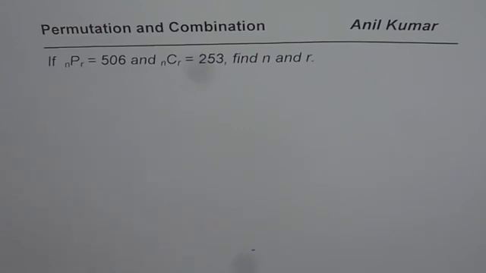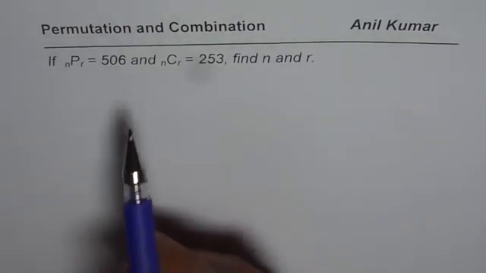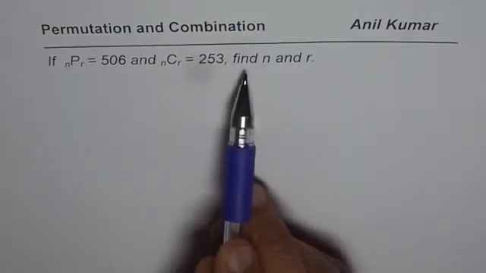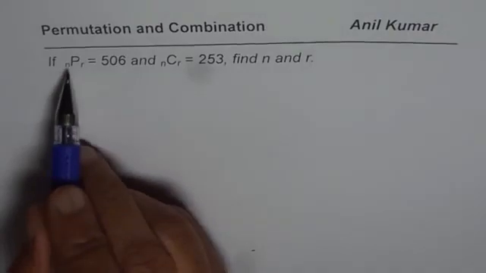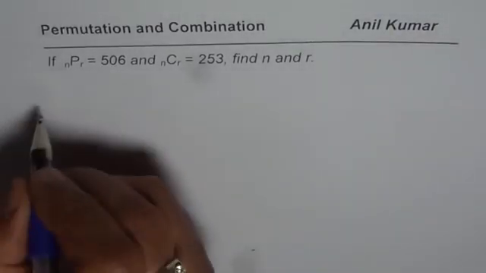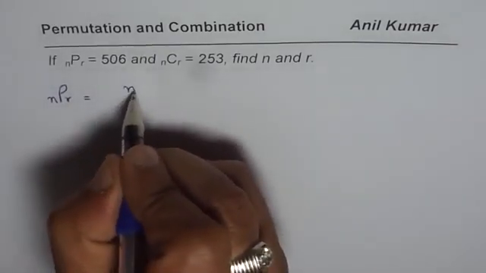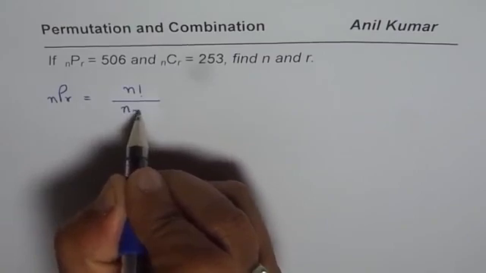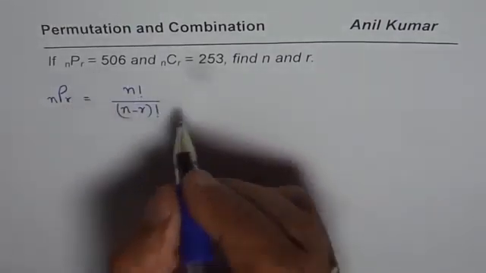The question here is, if nPr equals 506 and nCr equals 253, find n and r. nPr equals 506. It means what? As you know, nPr is n factorial divided by (n minus r) factorial, right? And we are given this nPr as equal to